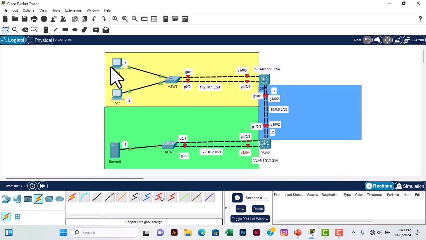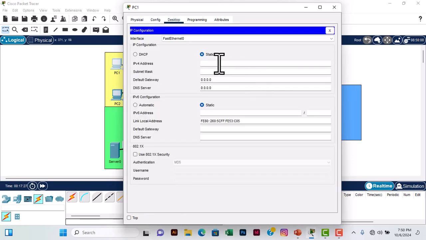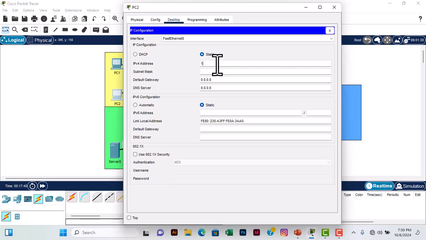SVI. So I'll go to the PC, I'll go to desktop, IP configuration, 172.16.1.1. Subnet mask is class C, so 255.255.255.0. The gateway is the IP of the SVI, so 1.254. So close that. So go to PC2, desktop, 172.16.1.2, 255.255.255.0. The gateway is the same as PC1,